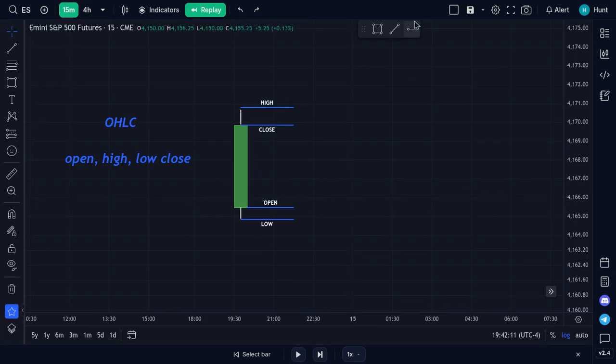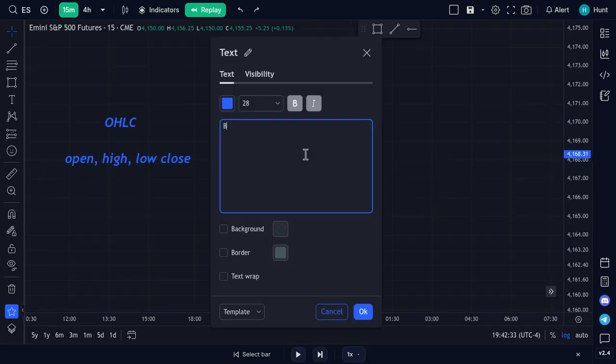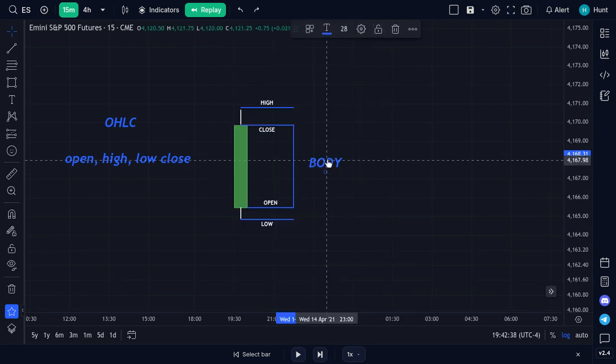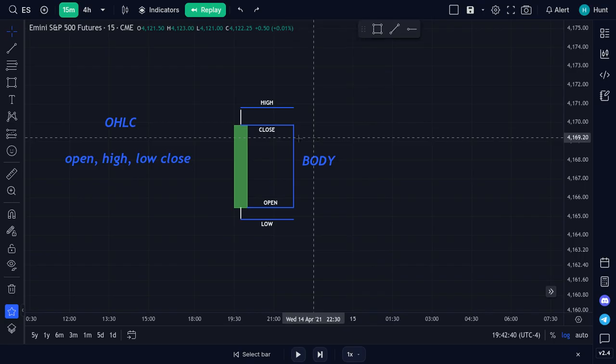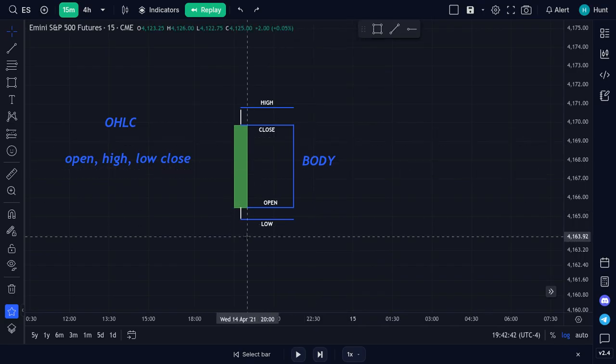So basically, the body of the candle is from the open to the close, typically, all right? So this green portion is considered the body. So we'll write that out. That is the body of the candle, because that is how I draw out my market structure, by the body of the candle. So just remember, the shaded area of the candlestick is the body, and the skinny area